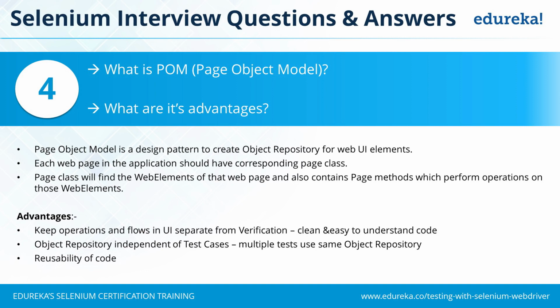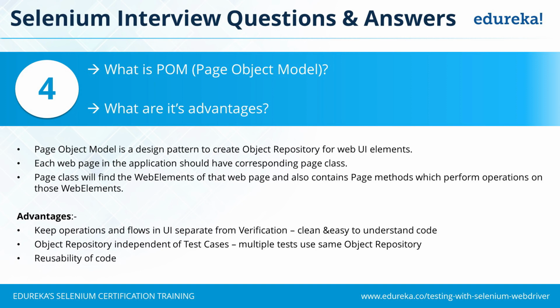So as you all know, page object model is a design pattern to create an object repository for web UI elements. What we want to do is separate the page methods from the page objects. Why? Because the page objects can be utilized by multiple tests, and we don't want to create the objects in that test itself, because ultimately you would be creating web elements for the same objects in multiple test cases, and if one of the objects changes, you will have to make changes at multiple places. So we don't want to give multiple points of failure. What we want is a single point of failure.